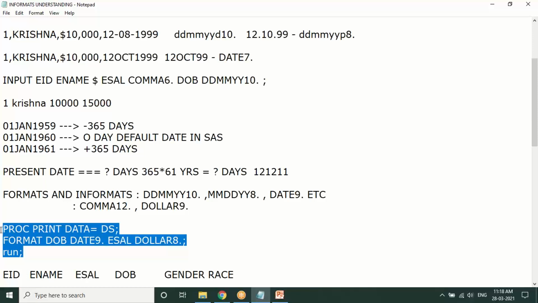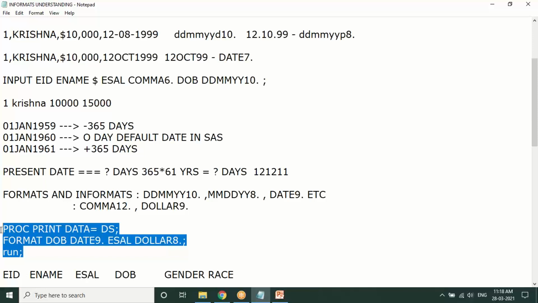In PROC PRINT, while printing, we specify a FORMAT statement, saying I want a variable called DOB to be represented as DDMMYY, MMDDYY, anything, or salary as dollar. So it is able to display as the user specifies.